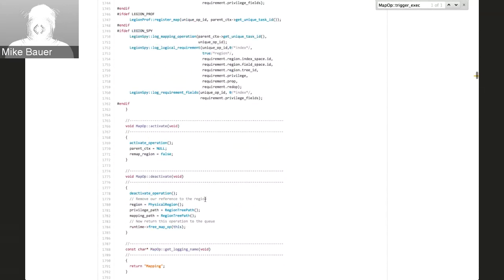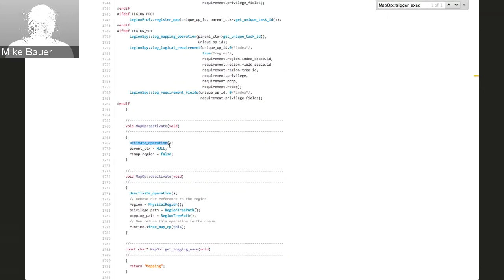we didn't talk about in a whole lot of detail last week, which is the map op's activate and deactivate virtual methods, which all operation classes have to implement. So I mentioned that all operations are recycled. So once we're done with them, they get put back into a pool of resources that the runtime manages for our class of operation. What the runtime promises is that before it actually runs, it will call this activate method on an operation. And this gives us a chance to initialize all of our fields and to clean anything up from